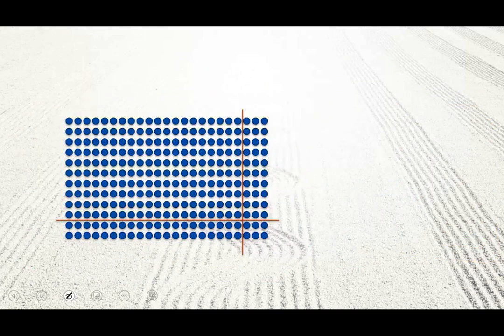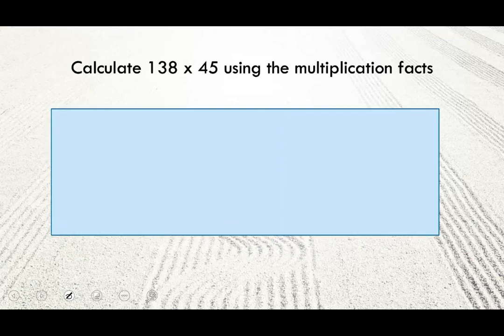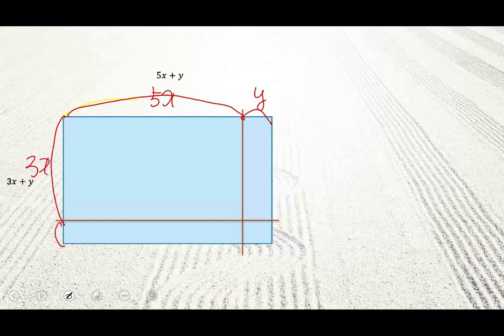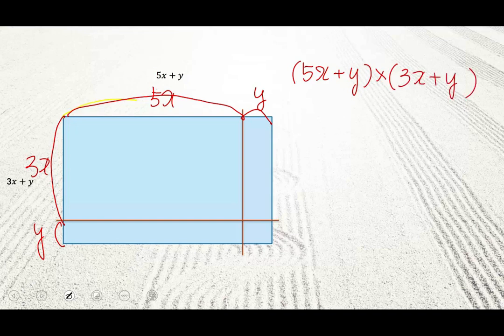Okay, so let's see. We are talking about 23 multiplied by 12. However, what if this is 5x plus y, and 3x plus y? In this case, we could say this is 5x, this is y, this is 3x, this is y. So 5x plus y multiplied by 3x plus y is